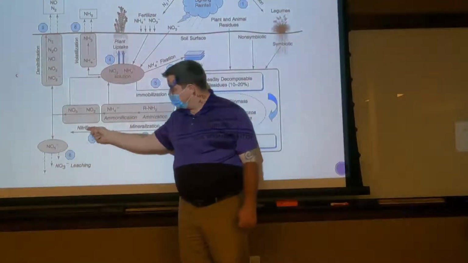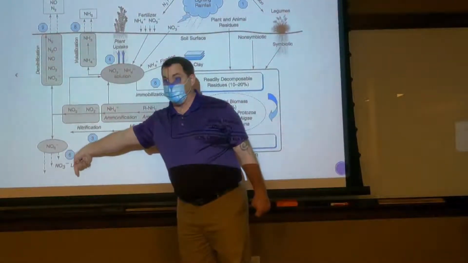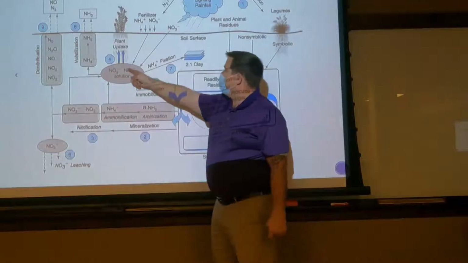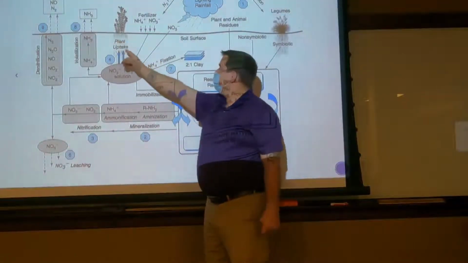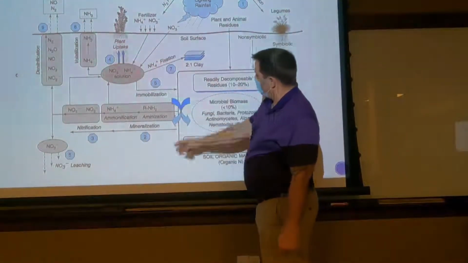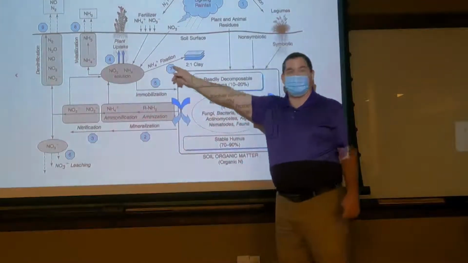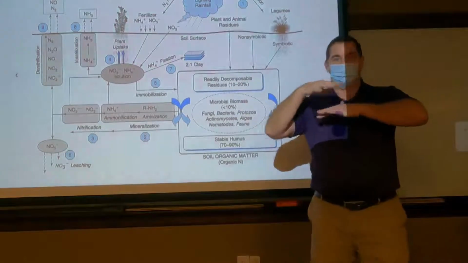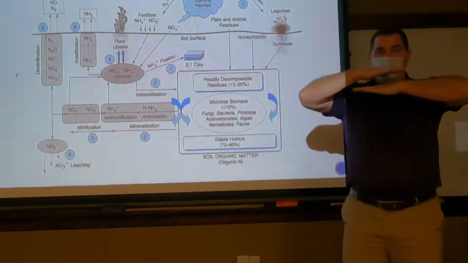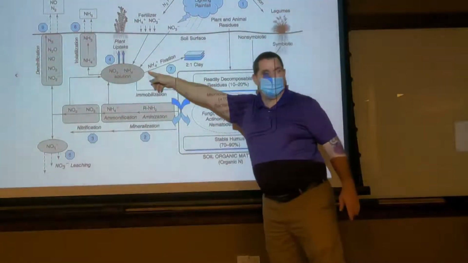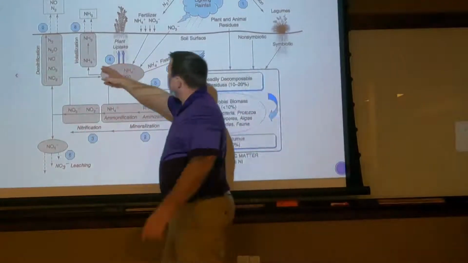nitrification, leaching, bad for the environment. We have plant uptake. 4, we went over immobilization. 6 was leaching. It can be fixed in clays. Remember the illite with the potassium? It can also happen with ammonium. It can volatilize